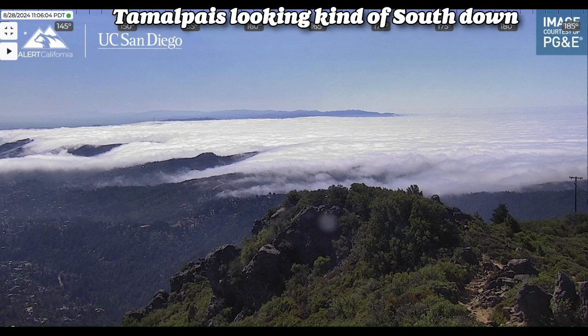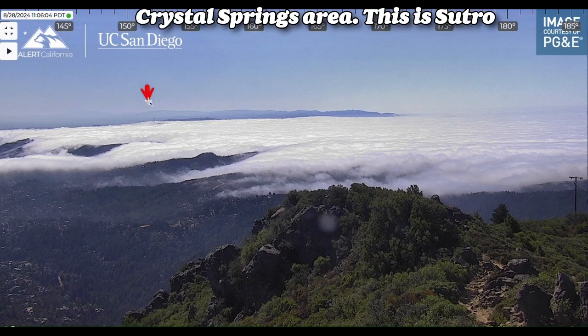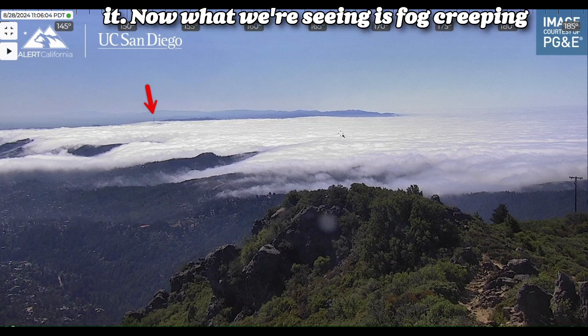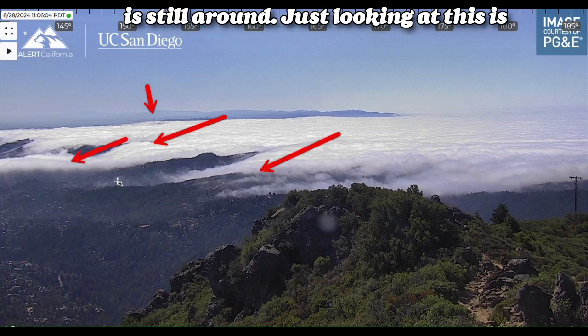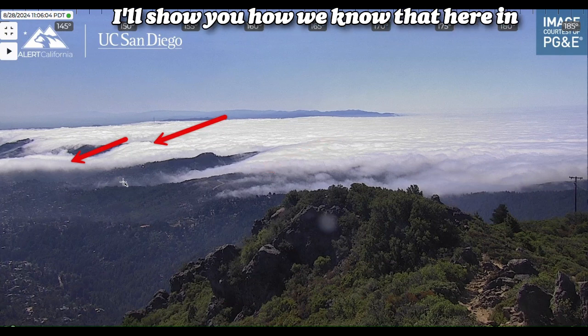camera from Mount Tamalpais looking kind of south down towards San Jose or down towards the Crystal Springs area. This is Sutro Tower right here, so you get a feel for it. Now, what we're seeing is fog creeping over the Marin headlands, which is great, and you kind of see it getting pressed down the other side. So the high pressure is still around. Just looking at this is a visual clue, but it's deepening, and I'll show you how we know that here in